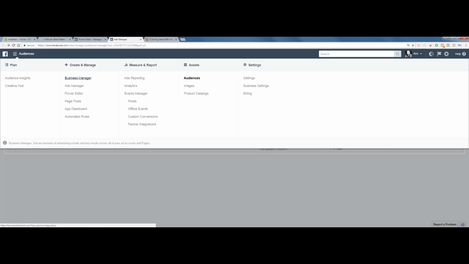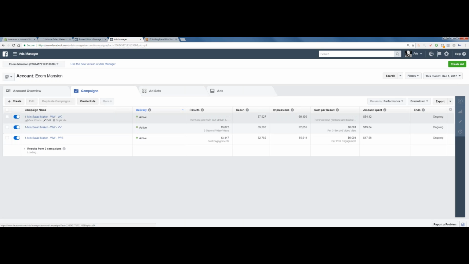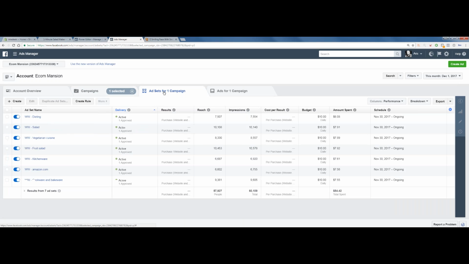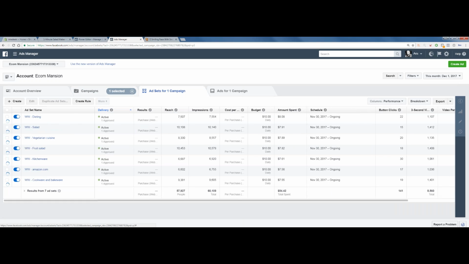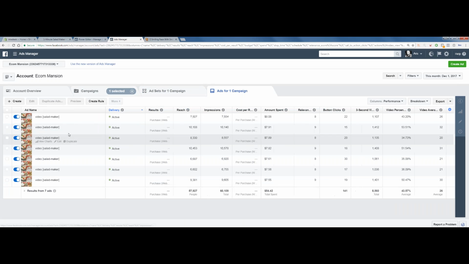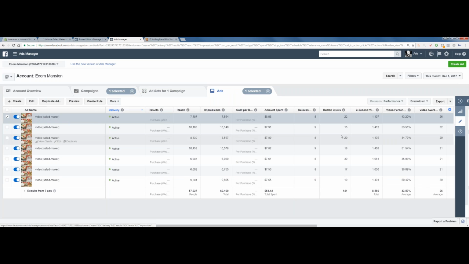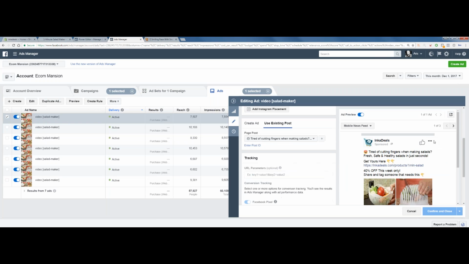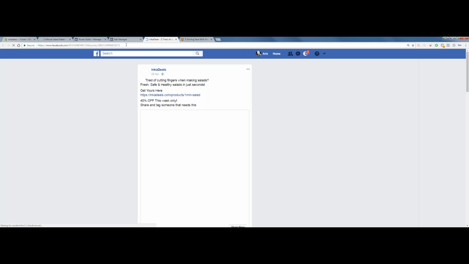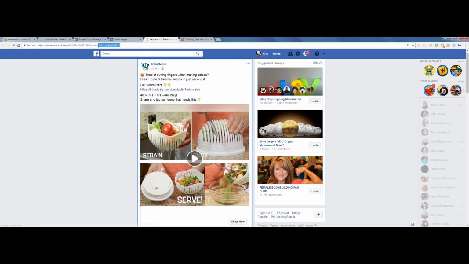Oh, I'm in audiences. Open the ads manager, and go to your website conversion campaign, not edit, go to the video section and take the video that you're advertising that's making the sales, click the top right here like we did last time, right? Facebook posts with comments, and take the Facebook post ID.